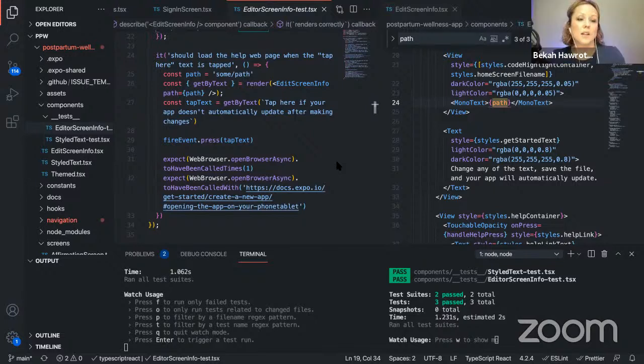URL. Yeah, and if we were doing this for sign in or something, if you want to click sign up or sign in, if the user clicks that button, does it take them to the right screen next?